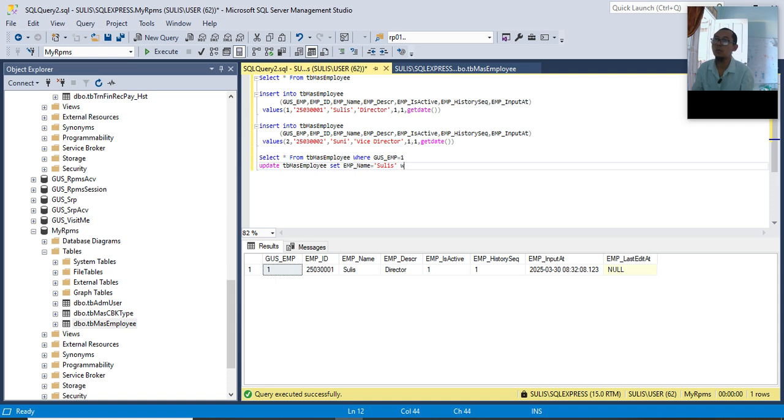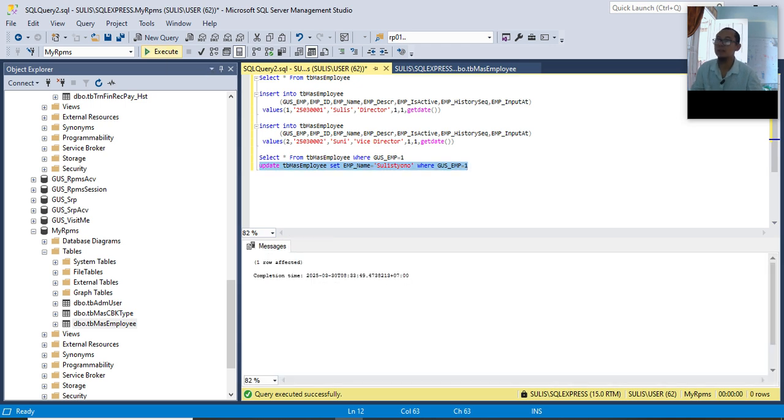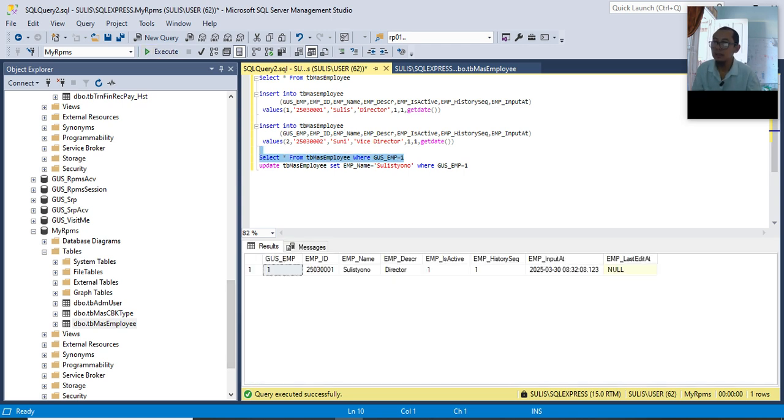Let's execute, or press F5 on your keyboard. Now let's check the data. The data already changed. How to bring the data back to the state before this update? There is no way because the data already changed.